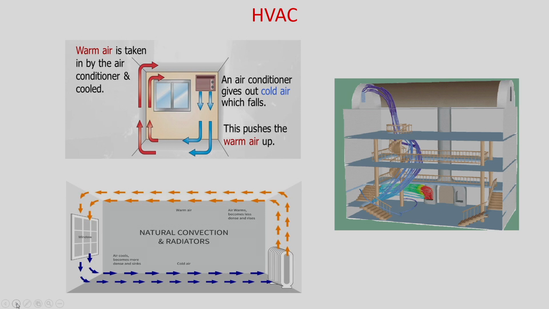Now, HVAC, we will discuss about the HVAC, heating, ventilation and air conditioning. So, you can see the room where AC is there. So, obviously this air conditioner gives out cold air, and as it is a cold air, it is having high density. Okay. So, it will move inside the house, and this pushes the warm air up. So, warm air will go up due to the low density, and this warm air is taken in by the air conditioner and cooled. So, this way there will be a natural circulation, and this is the natural convection taking place inside the room.